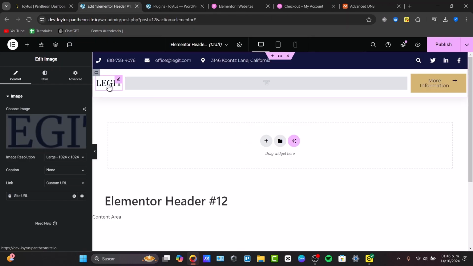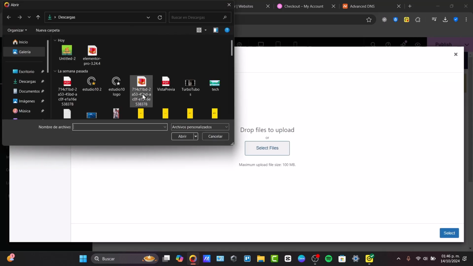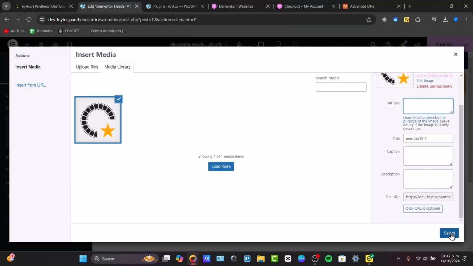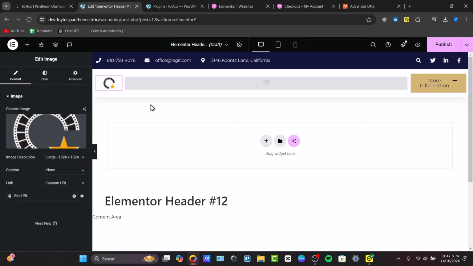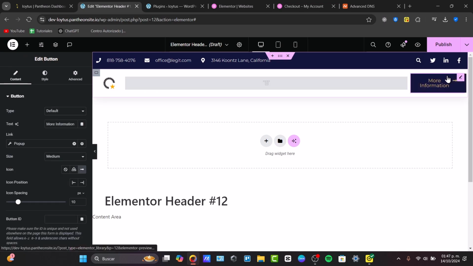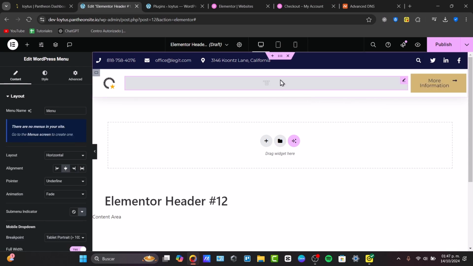For example, the logo. If I click into the logo, I go for choose an image, select my image to upload, and I upload my own logo. I can add a text, title, caption, description, and hit select. And just like that, automatically my logo should be uploaded. I can change the color of the layout. I can go for more information, and I can delete all elements that I do or do not want